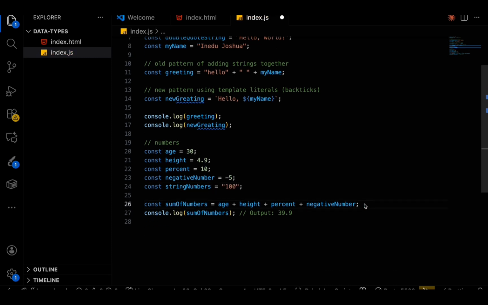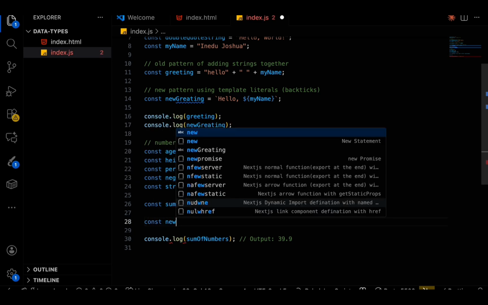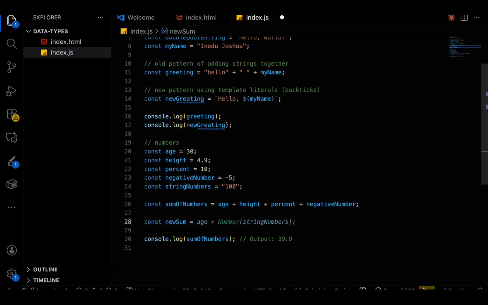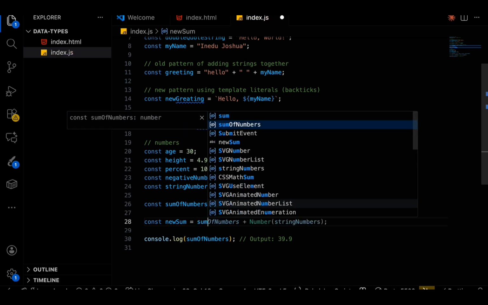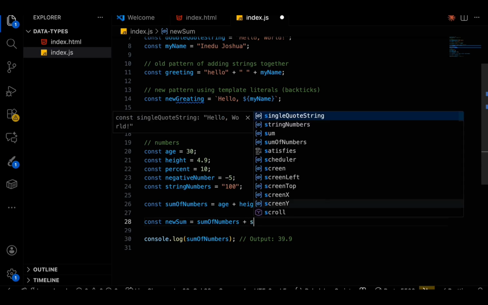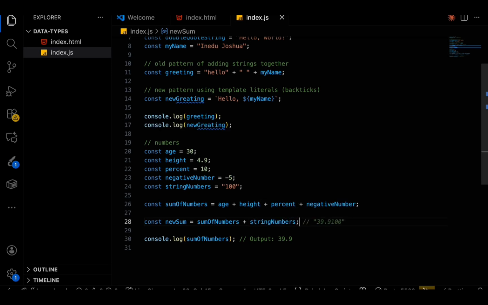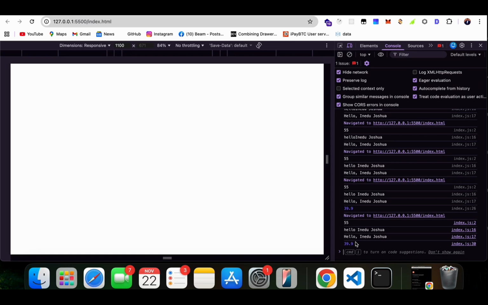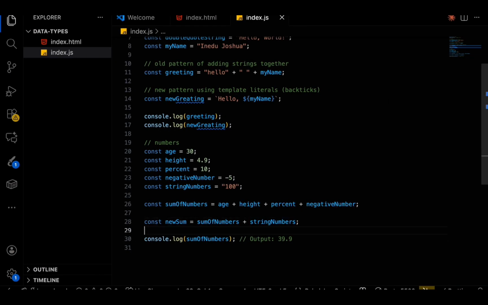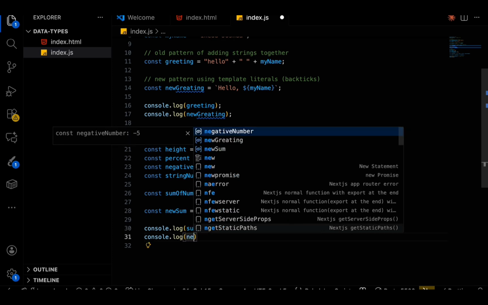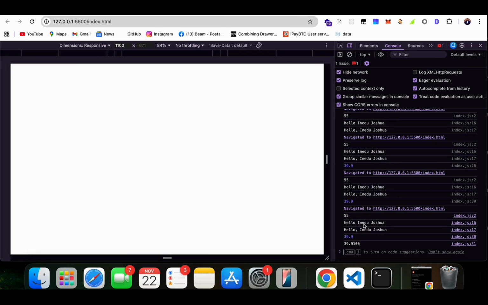Now if we try to sum up, so when we come here and we say new sum equal to sum of numbers plus string numbers, this is not going to work. Let's console log it. So let's console log new sum. If we console log new sum, you see we get 39.900, right? So the 100 was not actually added to the number, it was added as a string, and automatically